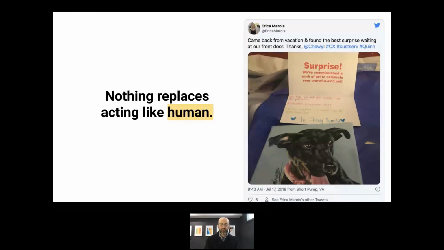Chewy has all the abilities in the world to do highly technical personalization, and yet they still do these very slow, one-off things that actually get them major notoriety because the world takes that, and then they spread it around themselves. And so you basically have the customers sort of validating them on a mass scale. So it's a good reminder that sometimes you should just do the thing that feels a little bit more human. You might be surprised at how a one-off catches the eyeballs of way more people.